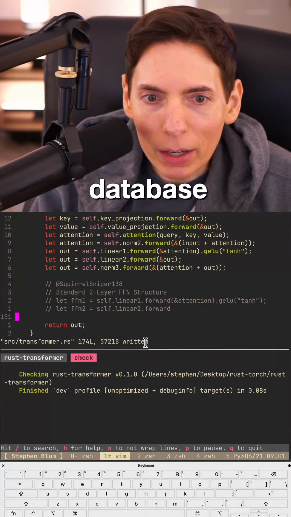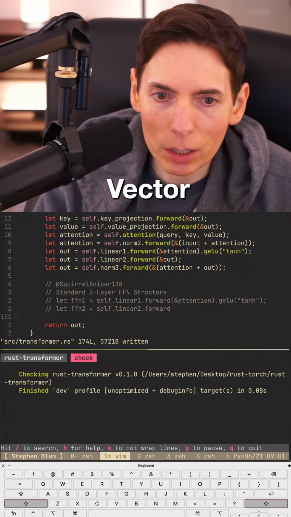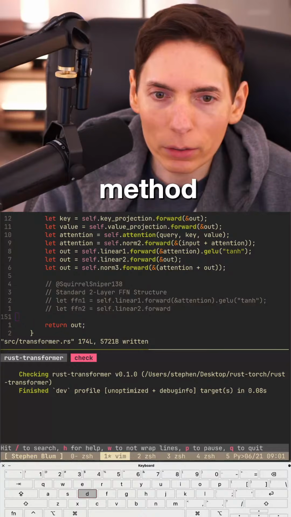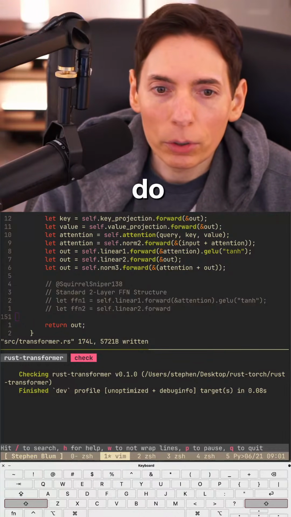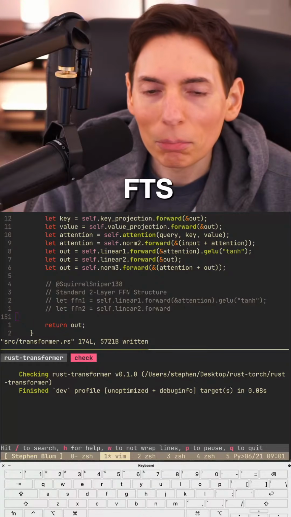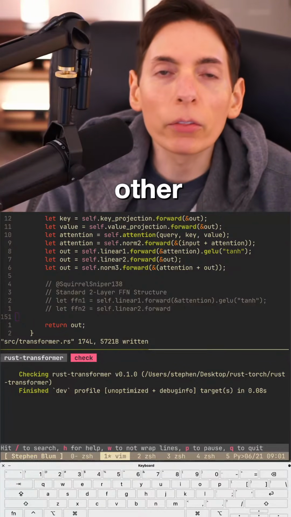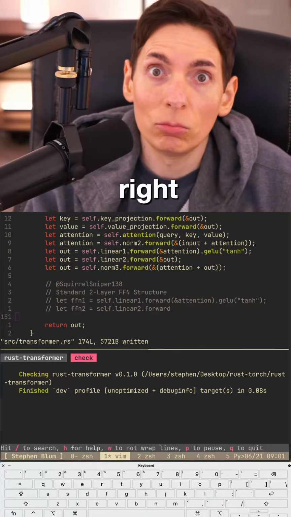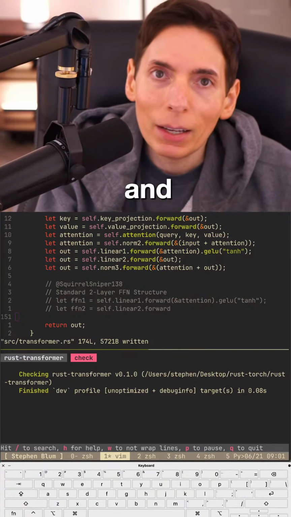Related to vector database, RAG, something like this. Yeah, so vectors is just one method of search. Vector DB is just one method of search. You also want to do full text search, FTS. You want to do keyword search and other varieties of searches, right? Not just vector. You want to pull that information back and then merge it.